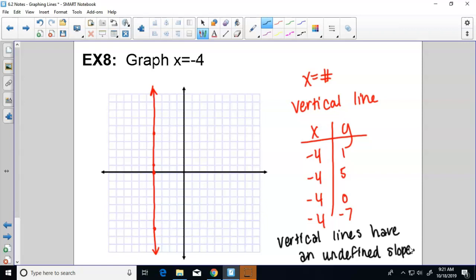Also, if we were to do rise over run for a vertical line, from here to here, we would rise 4, but then we'd run 0 because you don't go to the left or right any. And can we divide something by 0? We cannot. That's undefined, right? So vertical lines have undefined slopes. All right, so